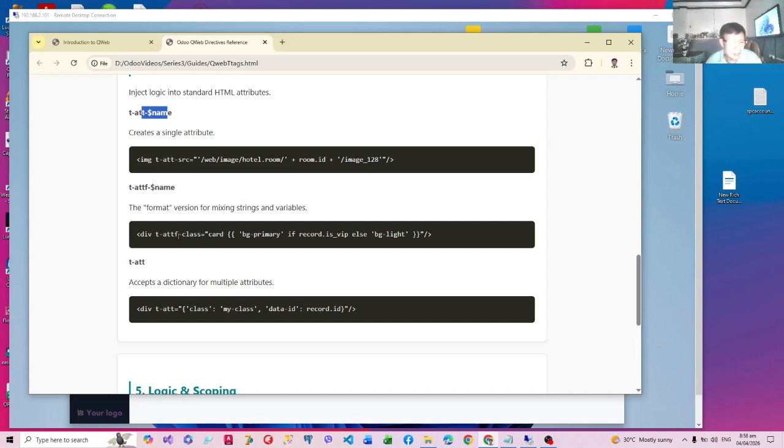Like for example, a particular class. So t-attf-class, the class will be a card if the record is of VIP type, or VIP is true.